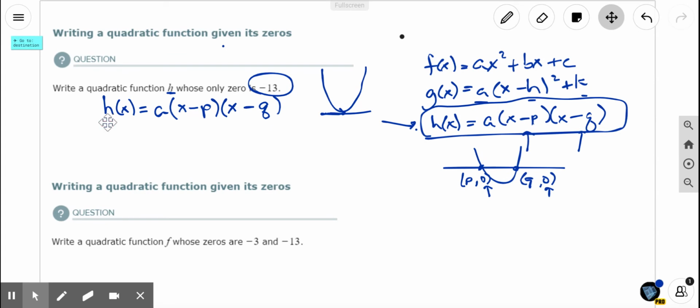Now you leave the h of x there, okay? You get to put a number in for a. It doesn't really matter what you put in. I'm going to leave it as a for the moment, but you could put in x plus 13